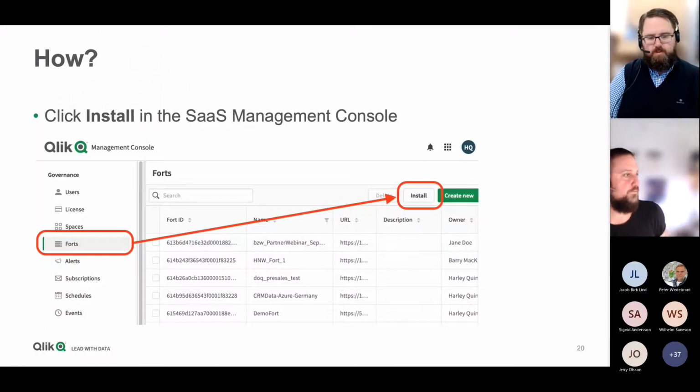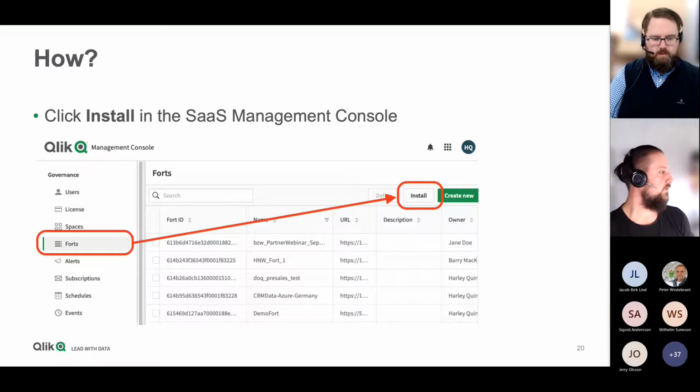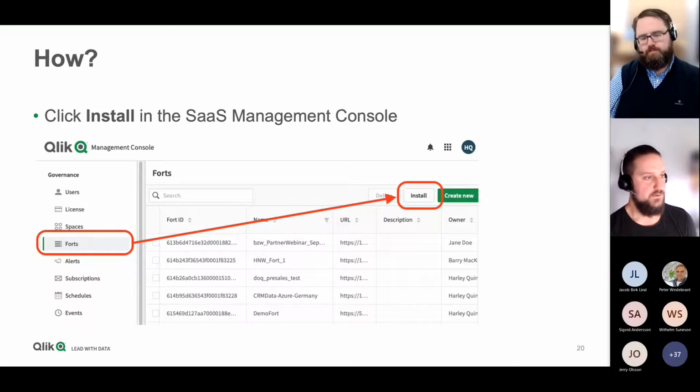So how do you do this? Well, if customers take a closer look in their management console today, they will see a new little item in the governance part of the management console, which is called forts. This is basically where all the forts that you have connected to a tenant will show up. If you want to install a fort, and you can do so, just go there, you click install,